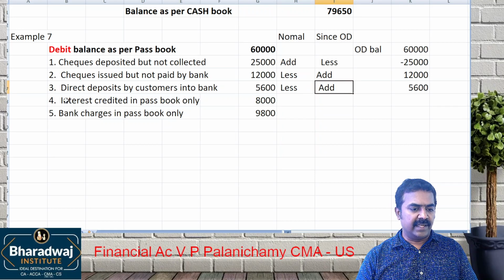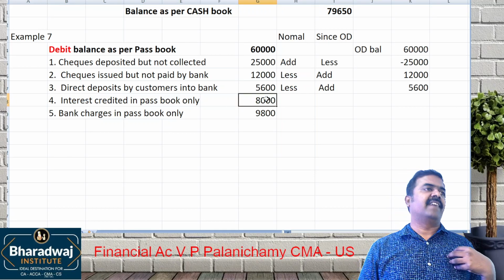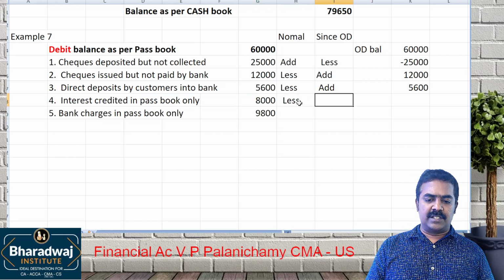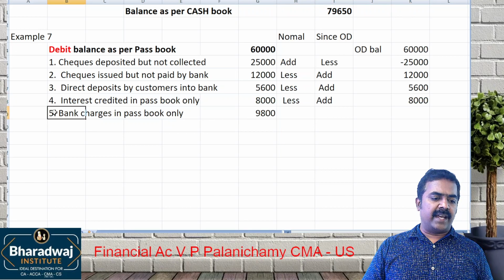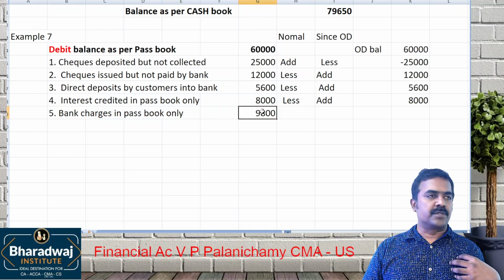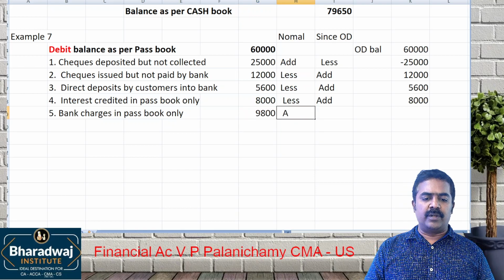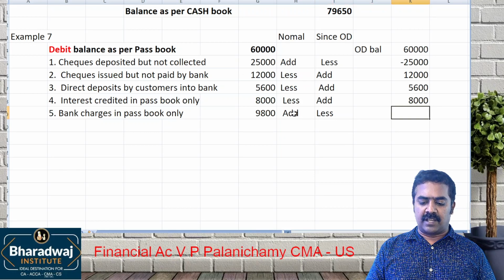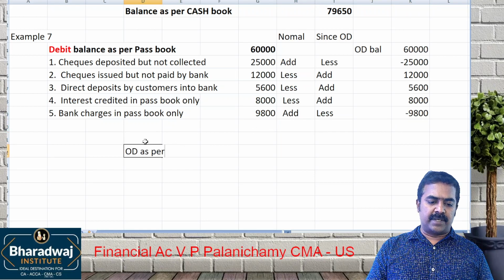Reverse. Interest credited in passbook only. We have added. Whether customer has added? No. So, what to do? Less. Since OD is a starting point, do the reverse. Then, bank charges in passbook only. We reduced it. Whether customer has reduced it, now what should we do? We should add it. But since normal balance is a starting point, since OD is a starting point, do the opposite. Less. This will give us OD as per